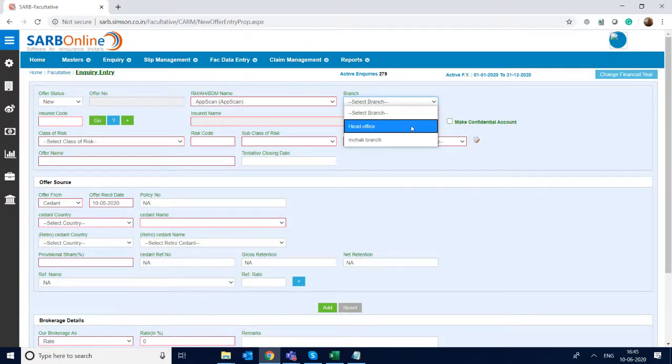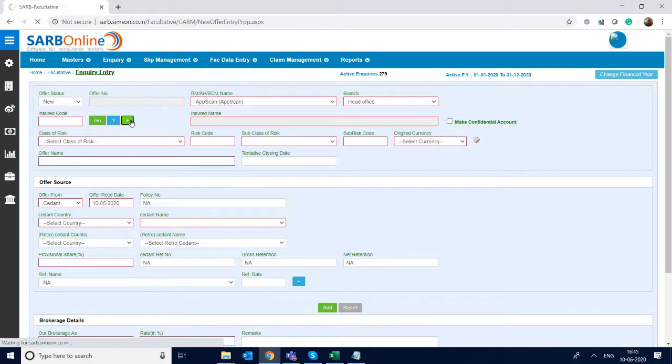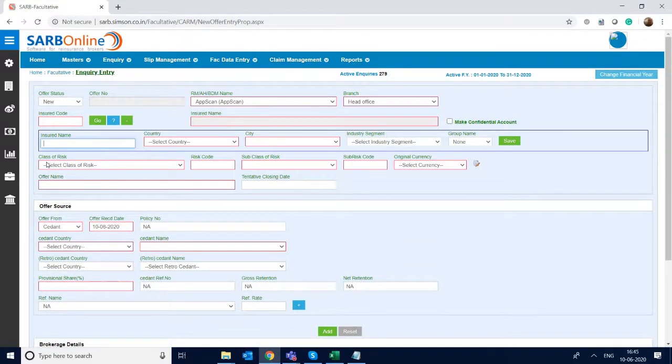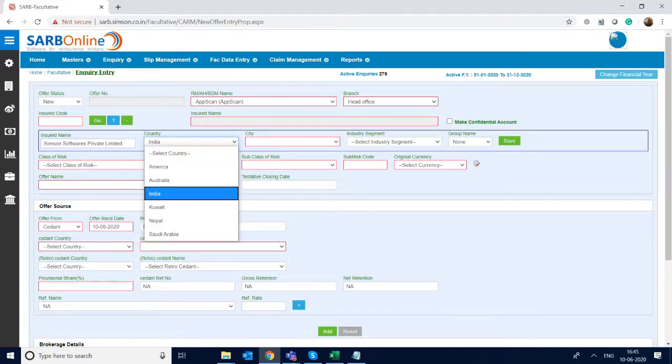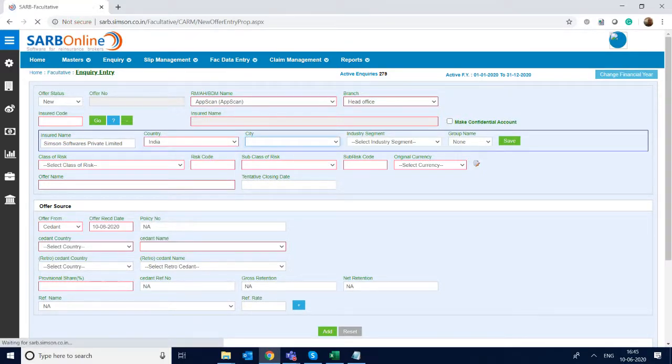Select a branch as head office. I select insured, or I can add a new insured. Say insured as Simpson Softwares Limited and country equal to India, and I select city as Mohali, industry segment, no group, I save it, or I can do it through masters.